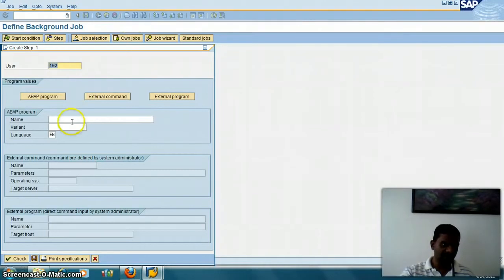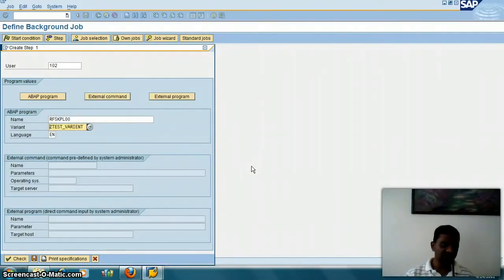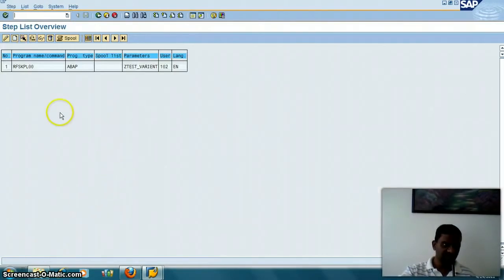One thing we need to do is Control V. We're going to copy the program, and then I'm going to pull up this variant. This is where I'm specifying what variant this program is going to run under. I'm going to put the program name, and then the variant is tied to the program. I'm going to hit save. Now we can see clearly here is the program name, this is the variant, and this is the user ID which is running.